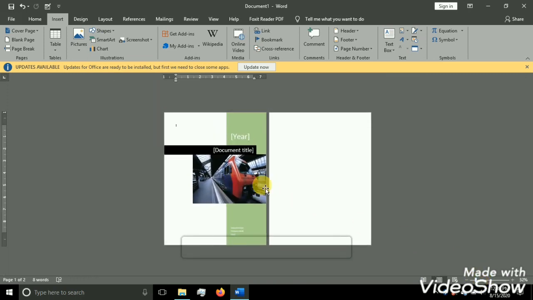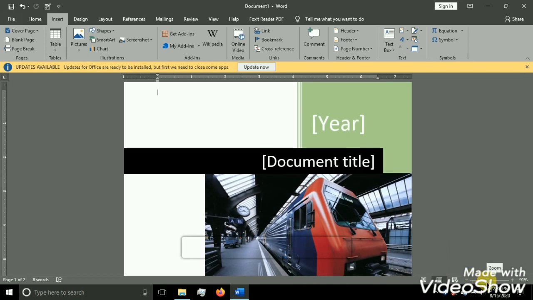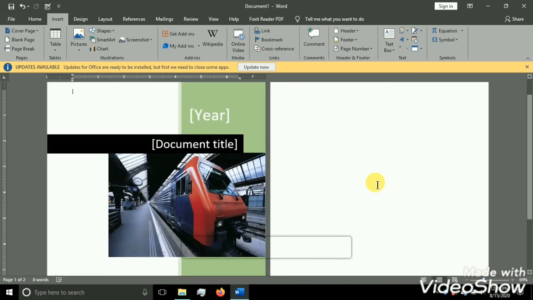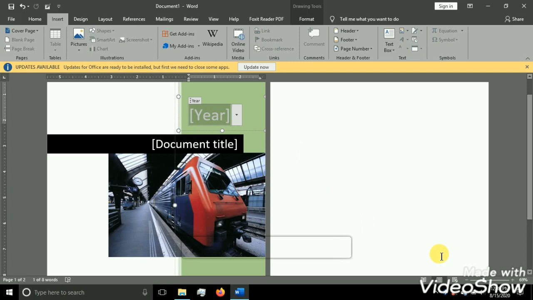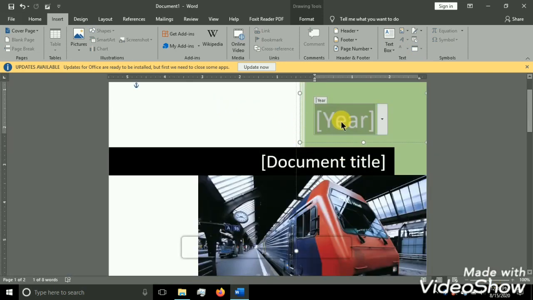Now here I have selected one cover page from the predefined designs, and here we can see the first item is the year. We can modify the year, so I am keeping it as 2020, and here I can give the title of the document. So I'm giving a document name, Unique Concepts.